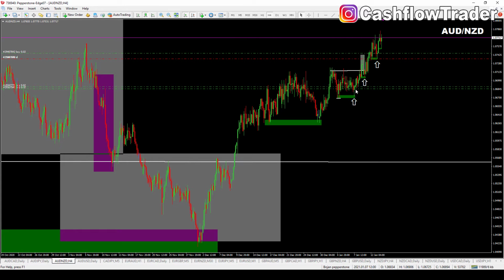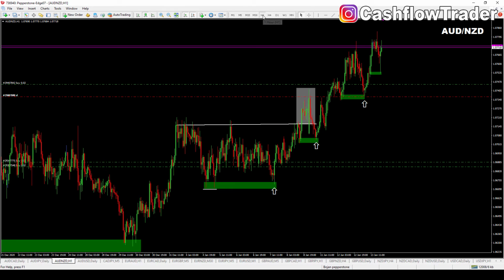So that's why we have this little noise here, and then a strong seller here as well. We don't know exactly where it's going to be. We can only assume. It's all about probability, of course. So now this higher low is also being confirmed. So once we break through these highs here,